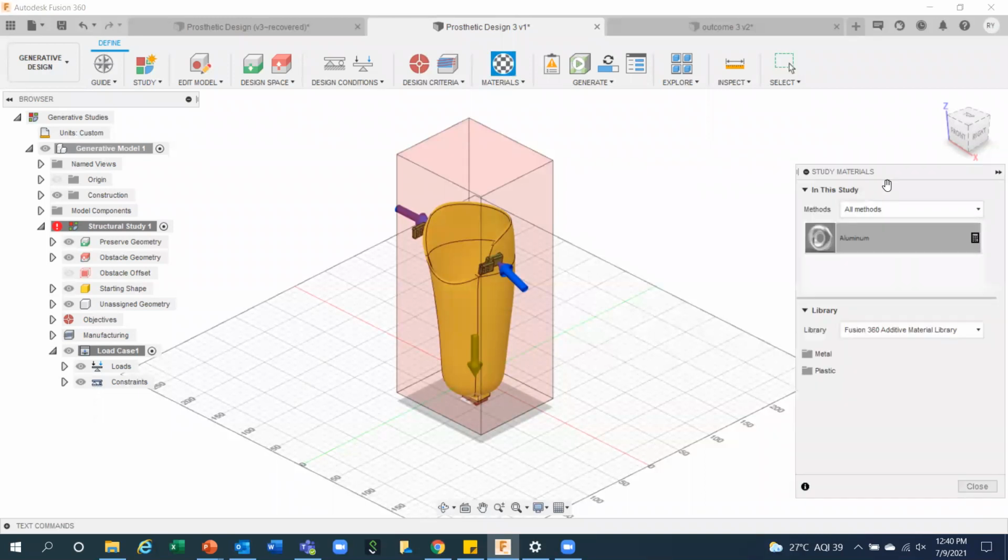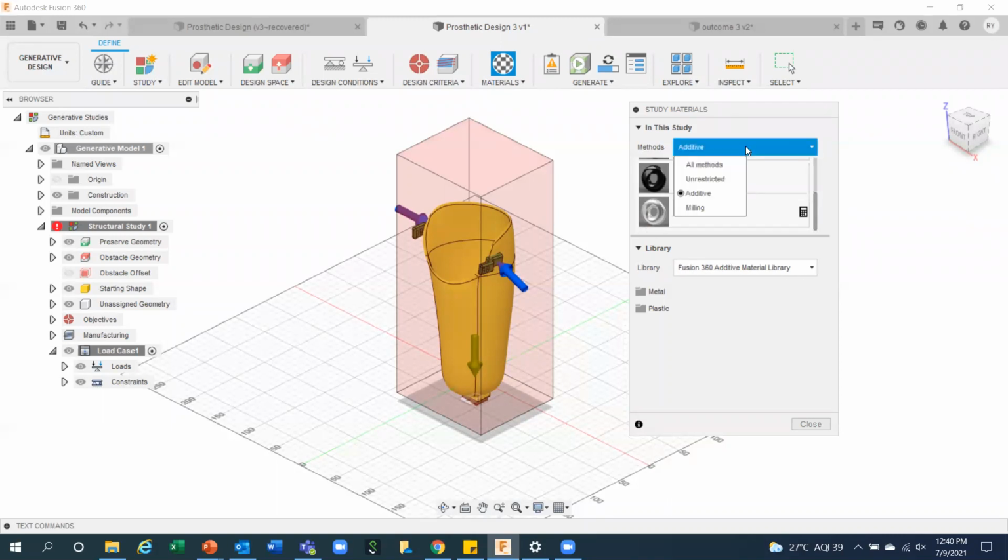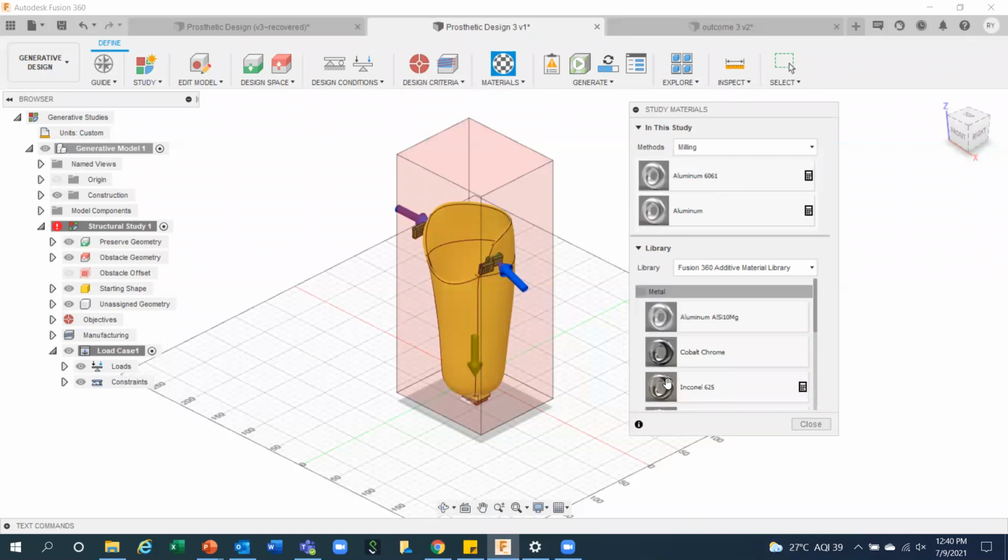I have already chosen aluminum. For unrestricted, I am using aluminum and aluminum, these two. For additive, I am using ABS plastic, resin, and then aluminum also. Milling, aluminum only. All the material libraries are already available.